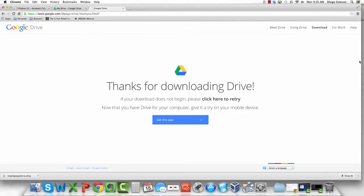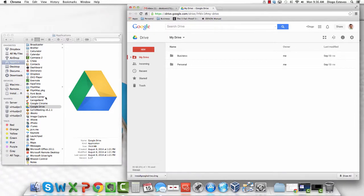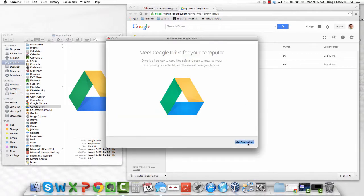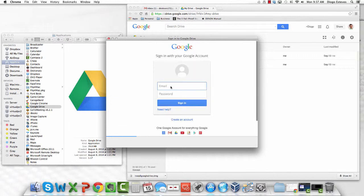Now you hit open. I'm just going to close this window over here. The other one is still open, as you can see right there. And we're going to start seeing the installation process take place. So just give it a few seconds. Okay. It's going to say get started. You basically just go through the steps. Once again, the installation is very similar to Dropbox. The only thing you have to do is make sure that you log in with your account so it syncs up